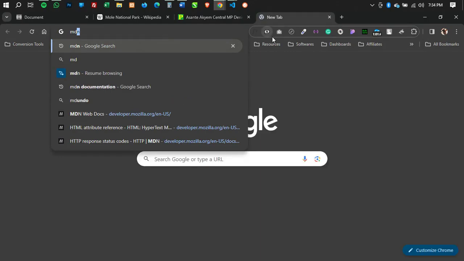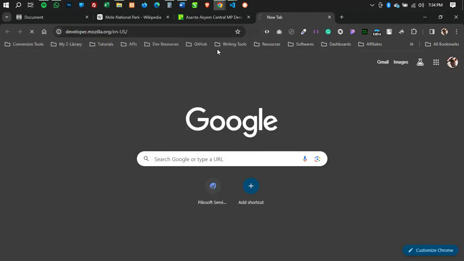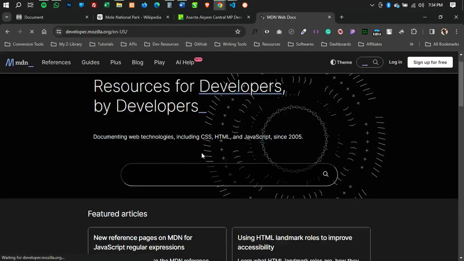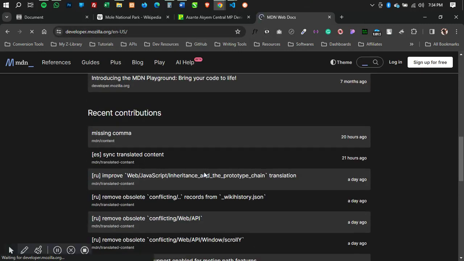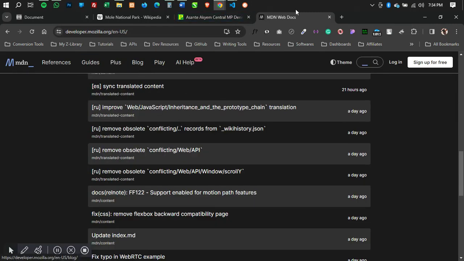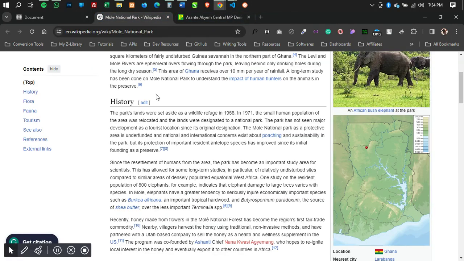It's sad that most of this. Let me check the Mozilla Developer Network real quick. I want to get a tip. All right, so Wikipedia is here.